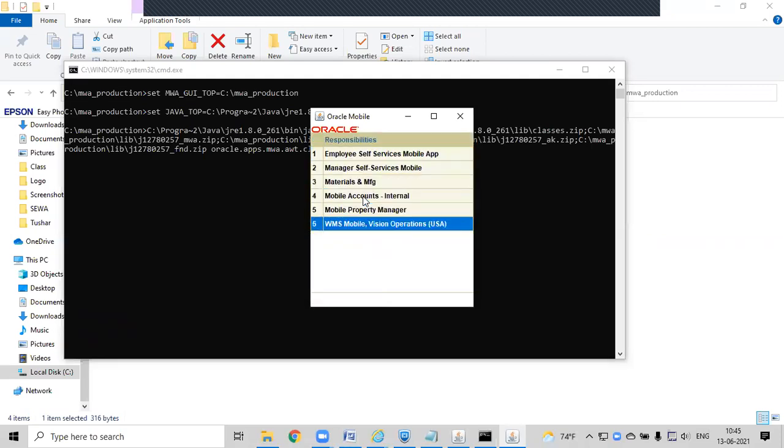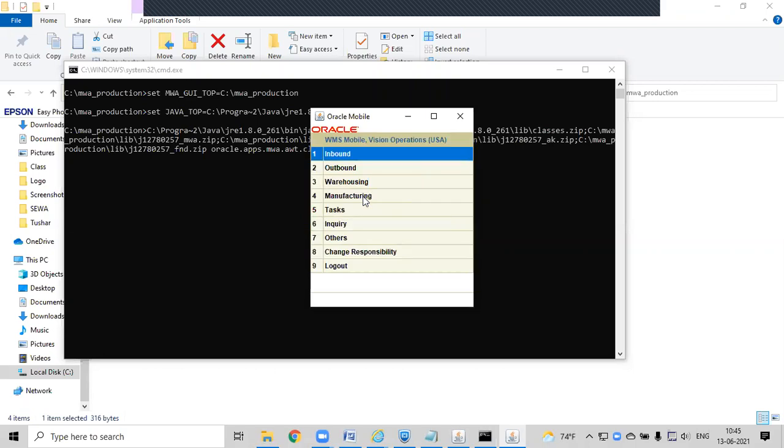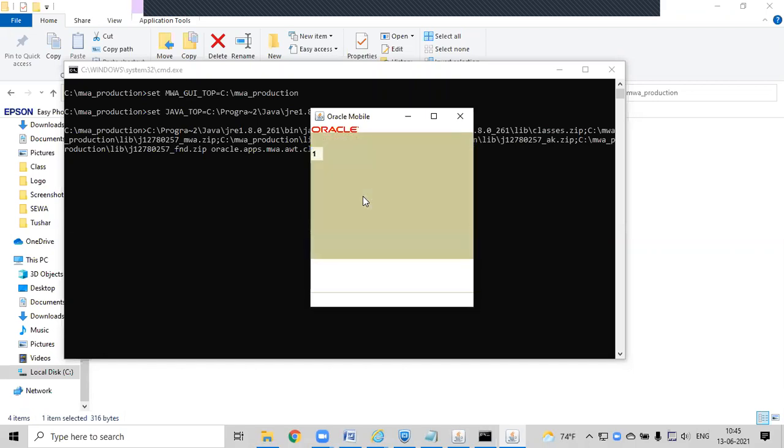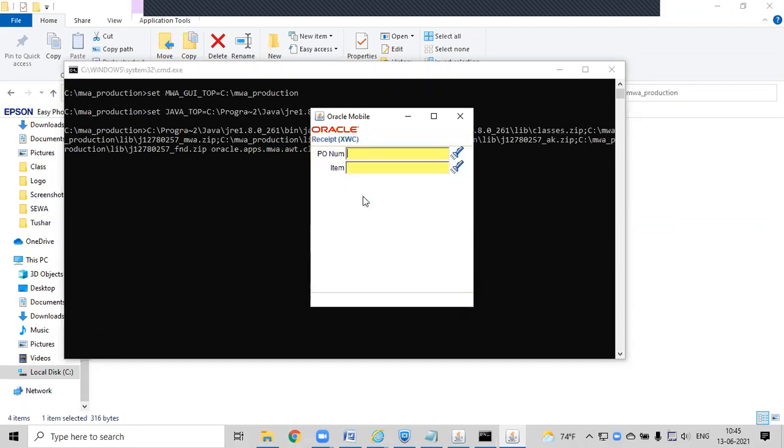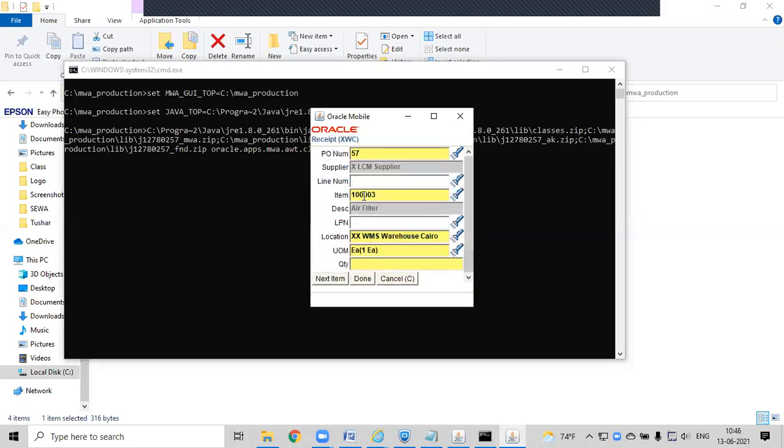Okay, so if I go to receive a PO here, I have a warehouse already, the WMS Cairo warehouse. So if I receive a PO, for example, the system will ask you to enter an LPN number. Okay, I can give any LPN number here.